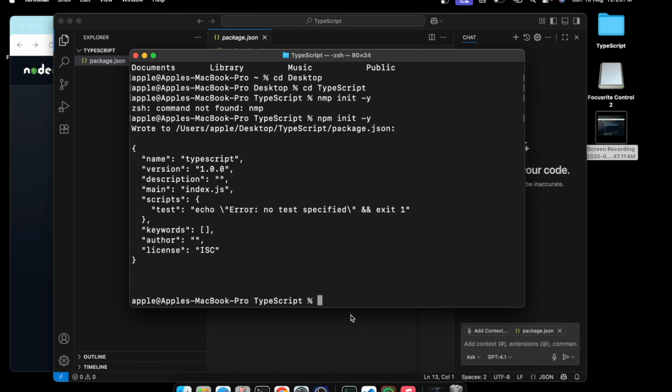Okay, and now we have to run here npm i -d typescript, and then we will write here @type slash node, because we are going to use TypeScript via node.